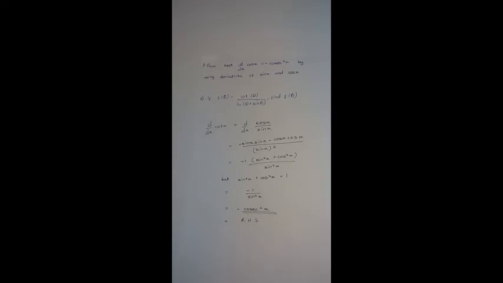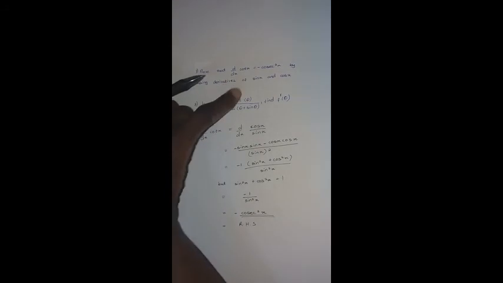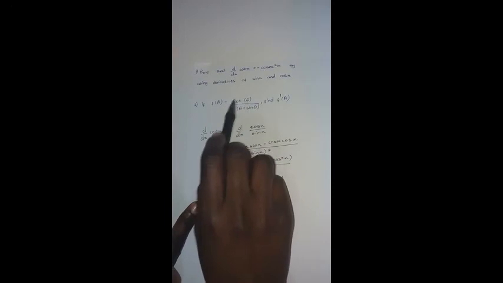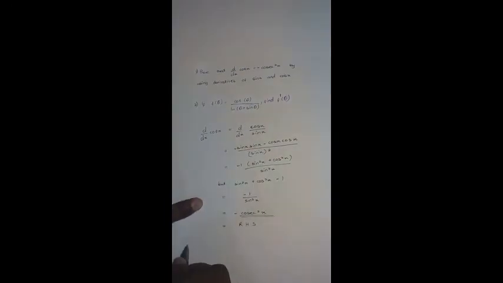Okay, and then the second part would say if f of theta is equal to cot theta over ln theta plus sine theta, find the derivative of f theta. So from here you can already see that there's a quotient, so you're going to use the quotient rule, and you already know what the derivative of cot theta is. Hence you can say